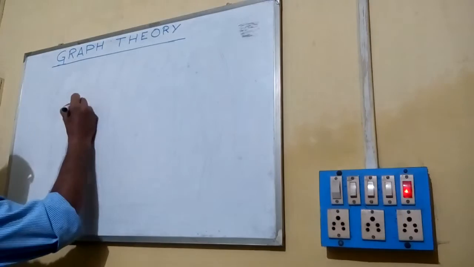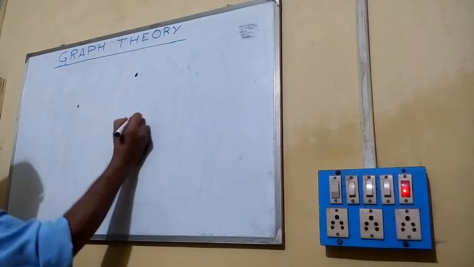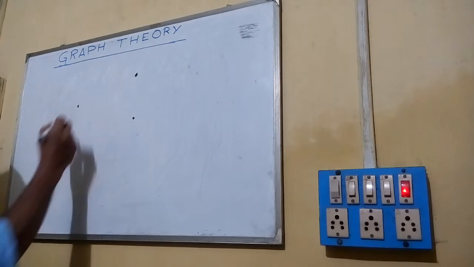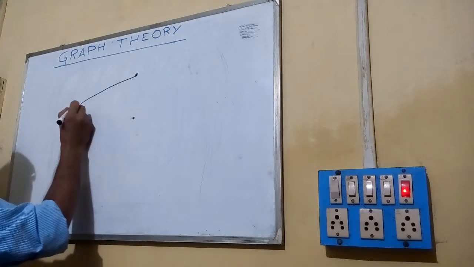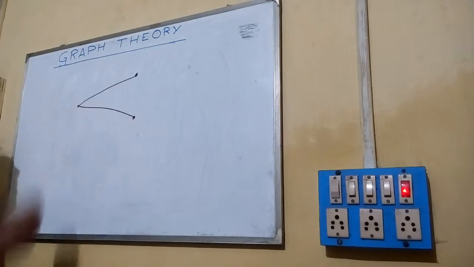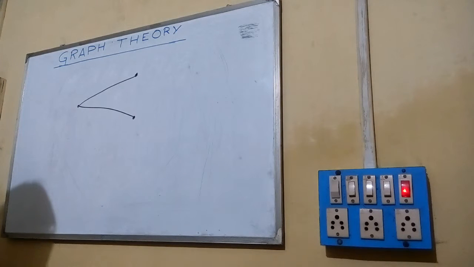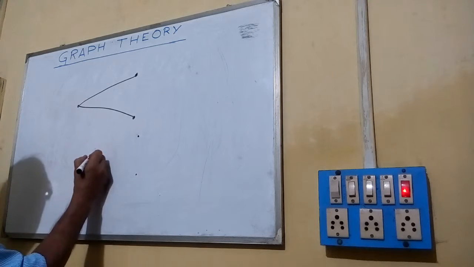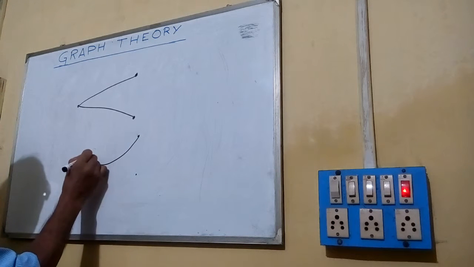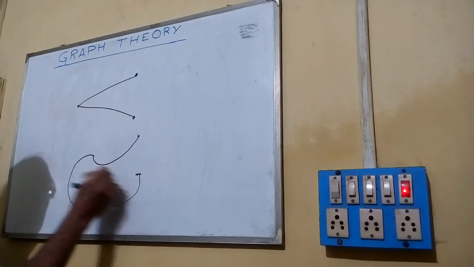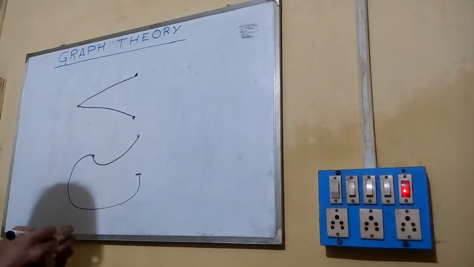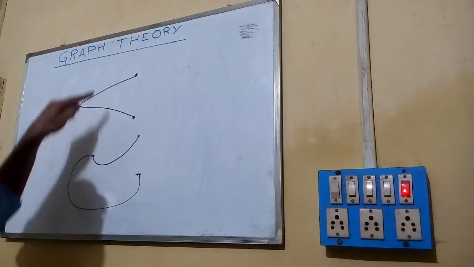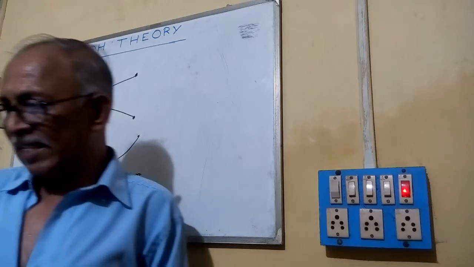According to graph theory, if there are a few points, okay, this can be considered as a graph. If among these few points, a few lines are also there, then also it will be considered as a graph. Here, it is not important how the points are joined. It can be joined in this style or in that style. It won't matter. Two points are joined. These points are known as vertices and these lines are known as edges.